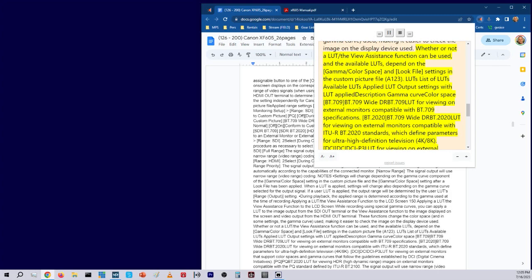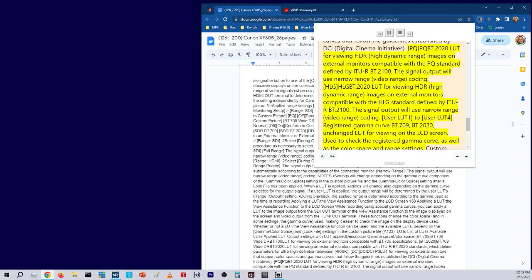BT.2020 (BT.709 wide DR) BT.2020 LUT for viewing on external monitors compatible with ITU-R BT.2020 standards, which define parameters for ultra-high definition television, 4K/8K. DCI (IDS ID CP3) LUT for viewing on external monitors that support color spaces and gamma curves that follow the guidelines established by DCI, Digital Cinema Initiatives. PQ BT.2020 LUT for viewing HDR, high dynamic range, images on external monitors compatible with the PQ standard defined by